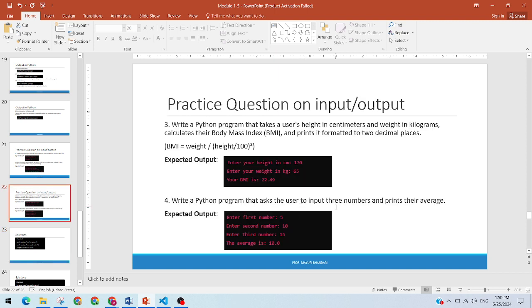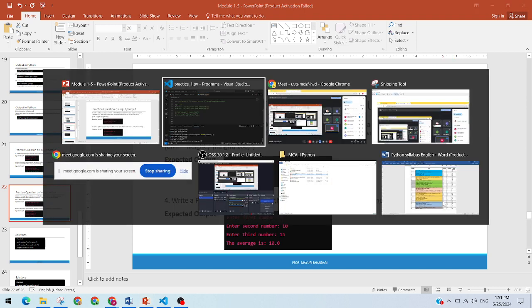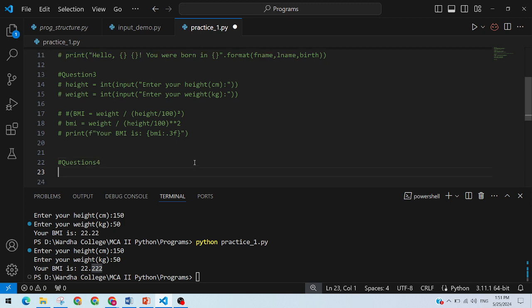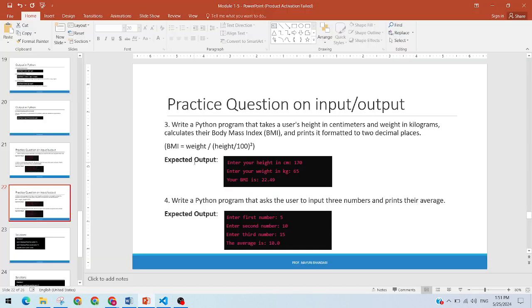Ask the user to input 3 numbers and print their average. ओके, ये भी बहुत ही सिंपल प्रोग्राम है। ये हम सिर्फ देख रहे क्वेश्चंस फॉर इनपुट आउटपुट। ओके, दैट इज व्हाई आई हैव गिवन यू वेरी सिंपल क्वेश्चन। जैसे हम आगे कॉन्सेप्ट सीखते जाएंगे, जैसे लूप सीखेंगे, कंडीशनल स्टेटमेंट सीखेंगे, तो वो प्रोग्राम्स भी हम देखेंगे उस टाइम पे।